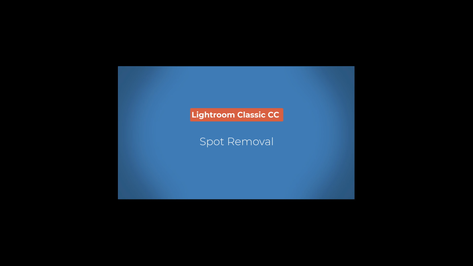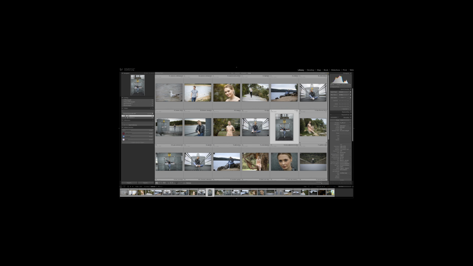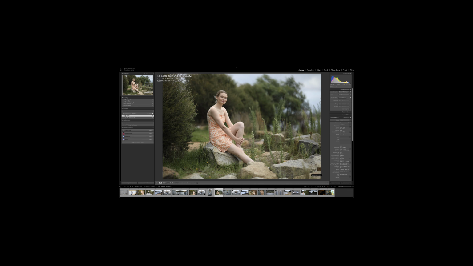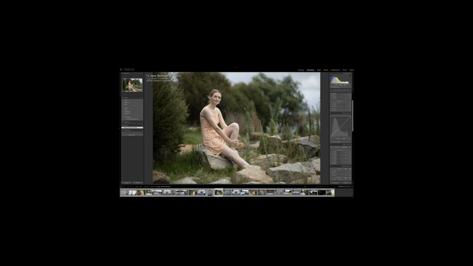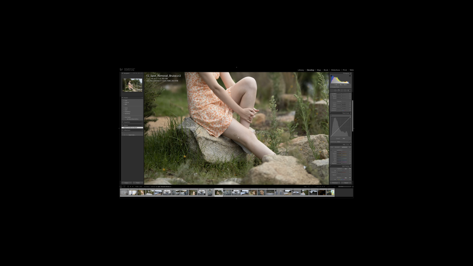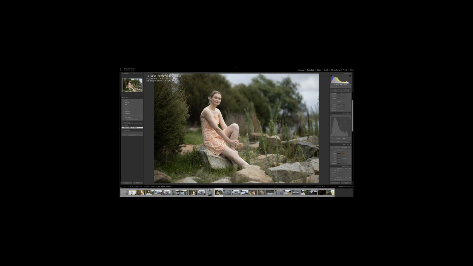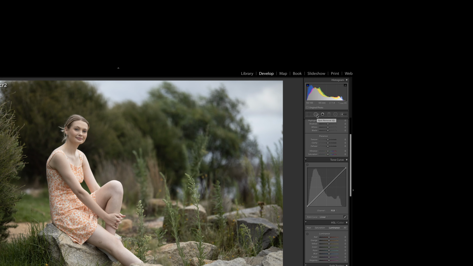The spot removal tool is useful when you need to remove a small part of the image. If you need to remove a large portion of the image, tools like Photoshop may be more suitable. In image 12, you can see our subject has a small bruise on her leg which we're going to attempt to remove. You can access the spot removal tool in the right-handed column in the Develop module, or by pressing